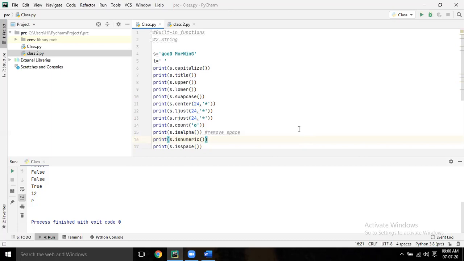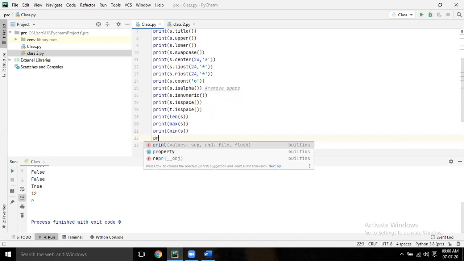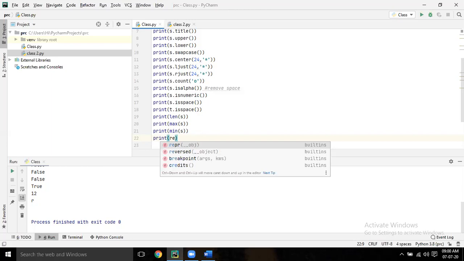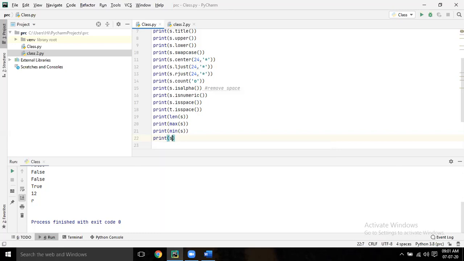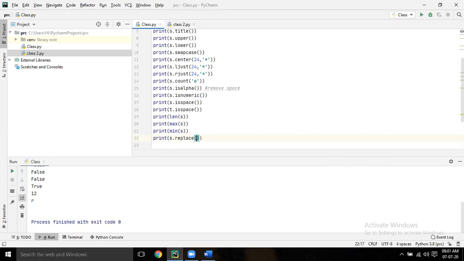Now replace. Print s dot replace. You replace morning with afternoon.